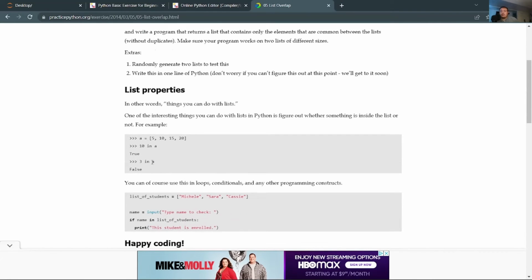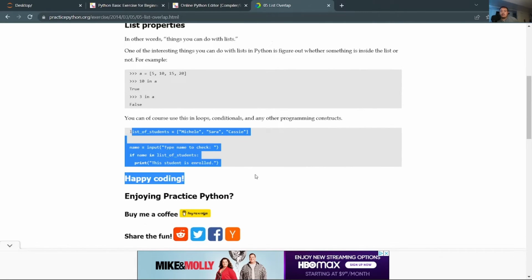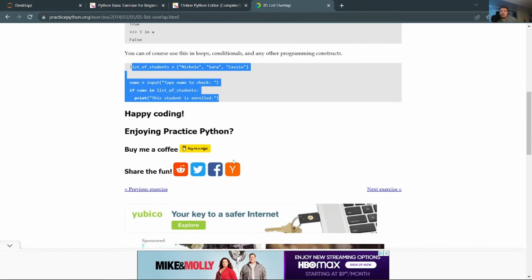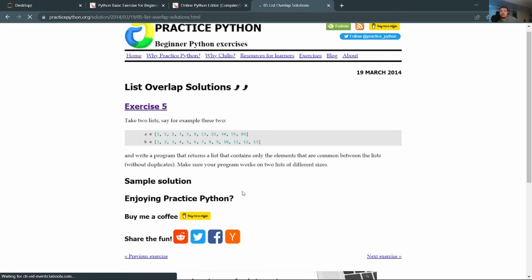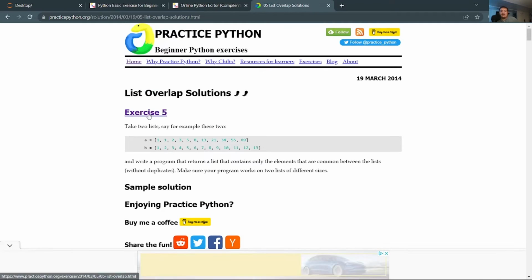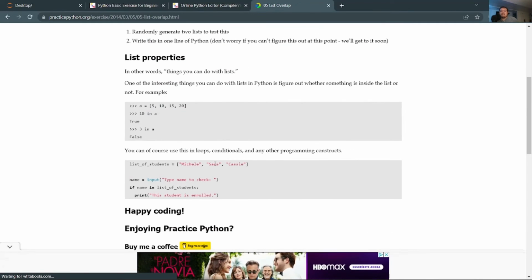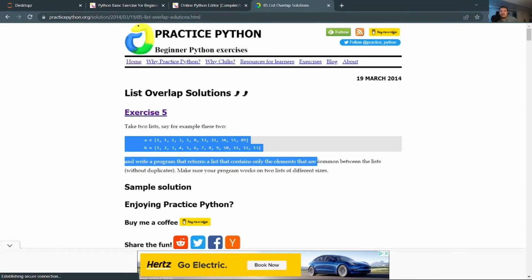So it gives you a sample of what it should be, and then tells you a little bit of how you should be able to do it. And you just practice this on your own, and it also comes with a solution. Clearly this one probably didn't have one. Oh, because I clicked on the solution. This is the solution. I'm sorry, but if you click on solution, this is just the exercise, which is really cool. But if you go back